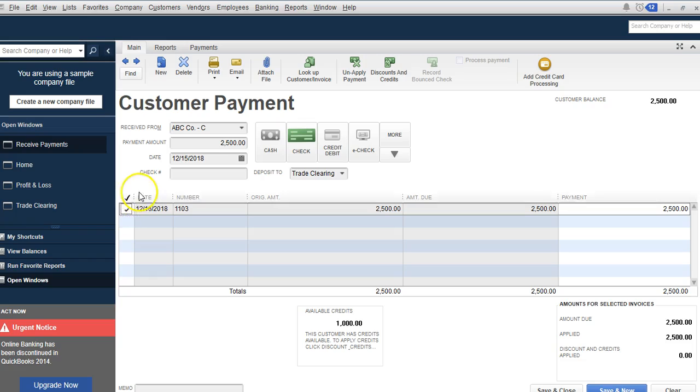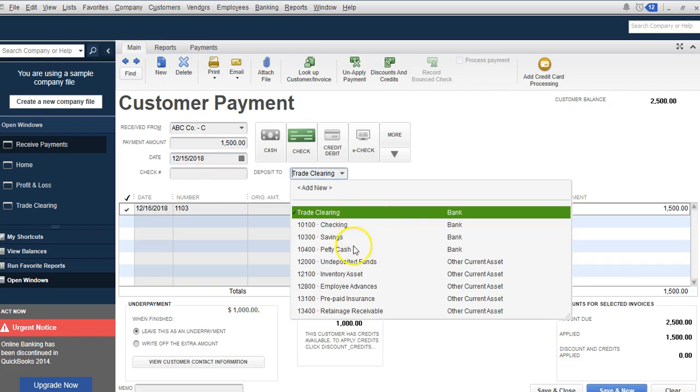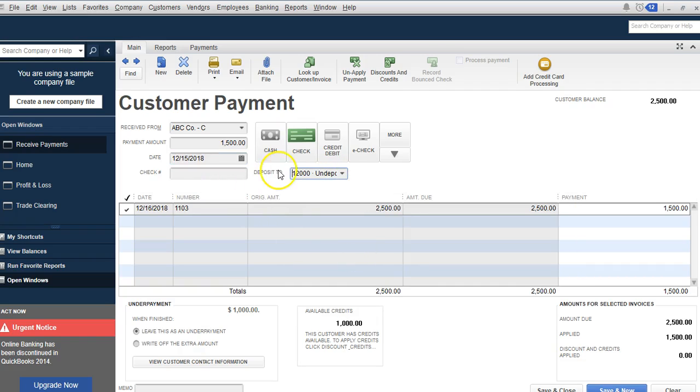You select what they paid, or actually you enter the amount. So let's say they paid $1,500. You enter all the information, check number. You enter into the deposit to. If it's not reset up under undeposited funds,